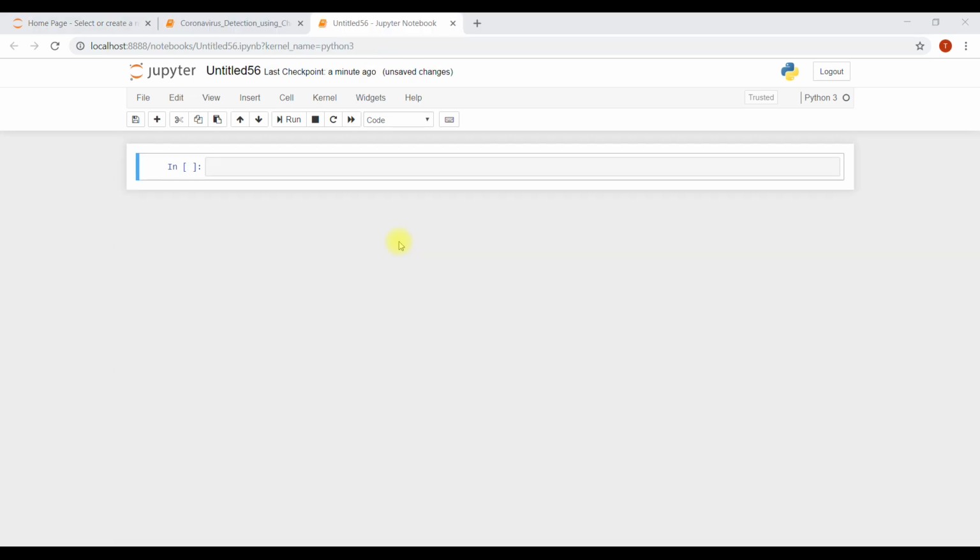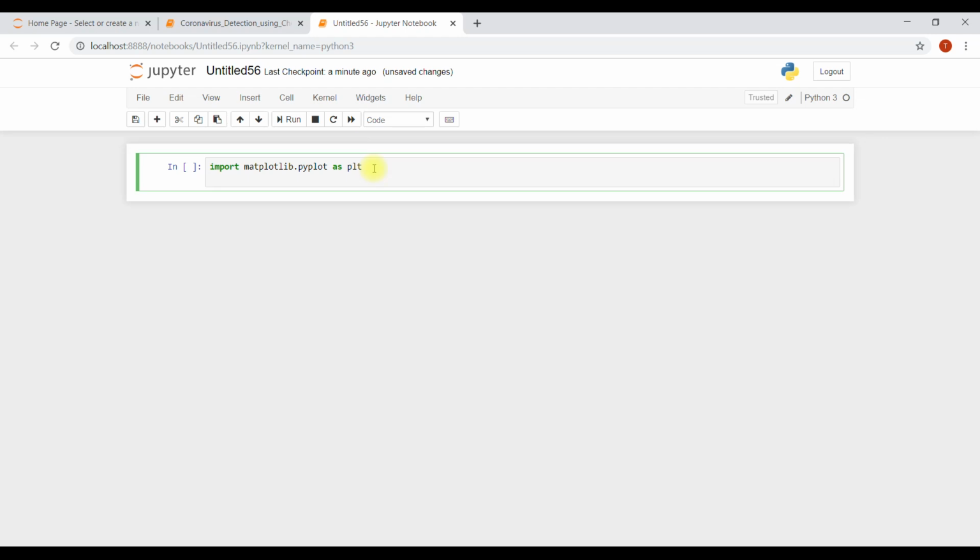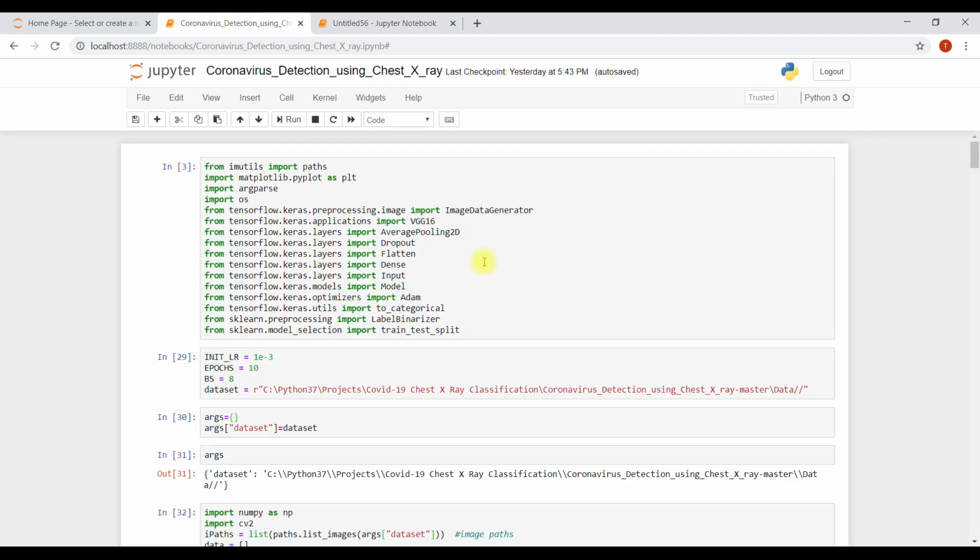So let's start coding, and first of all we simply import matplotlib.pyplot as plt. Then from TensorFlow we're going to import VGG 16, as I explained why, and some of the layers, and model, Adam for optimization, and then to categorical, label binarizer as I explained, and train test split.